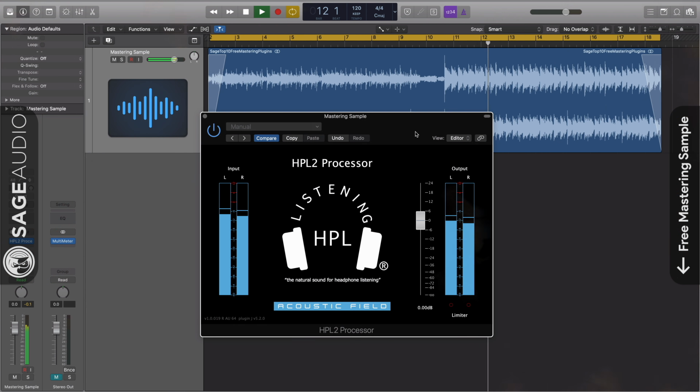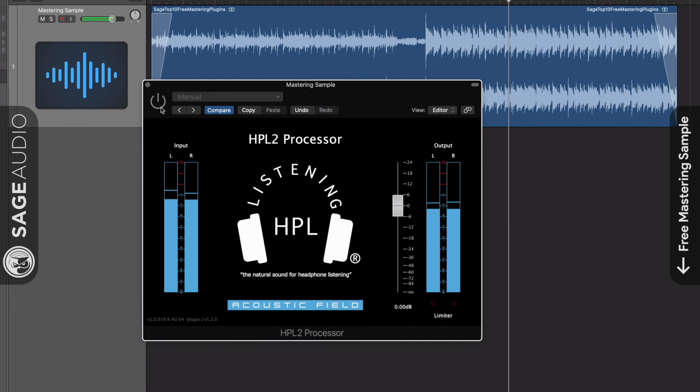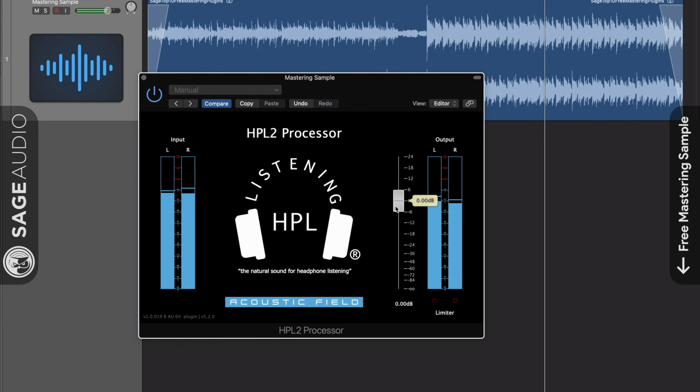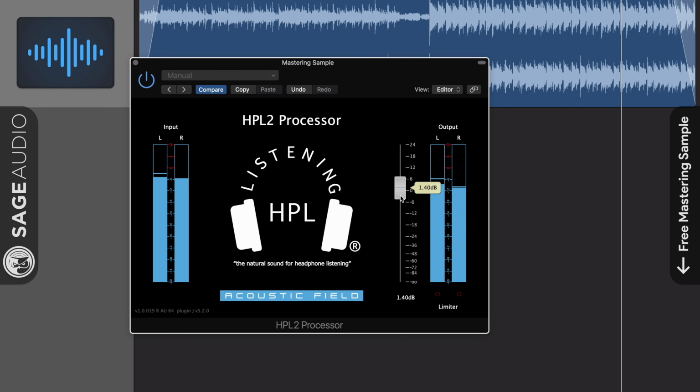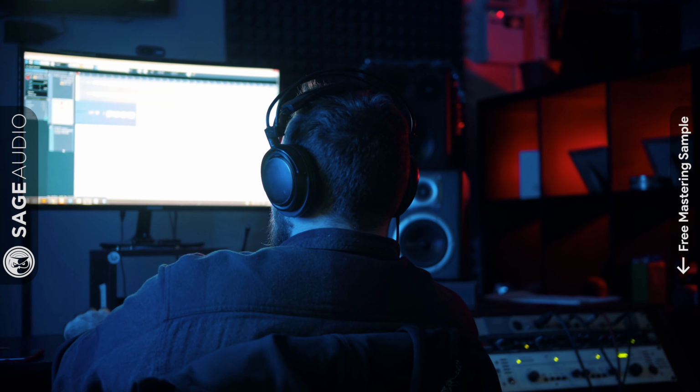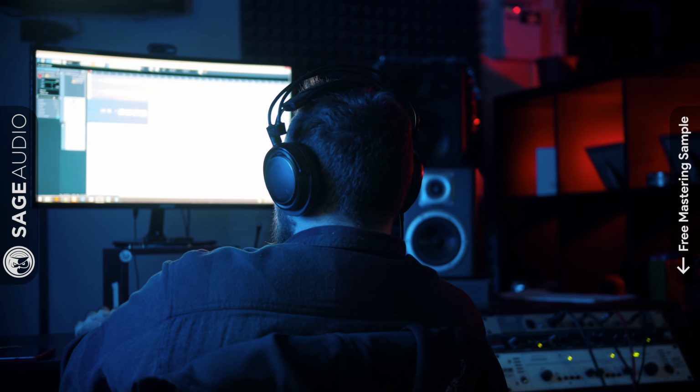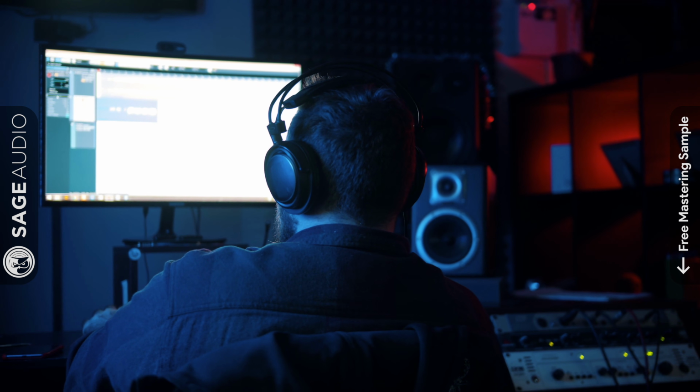A truly unique plugin and one that stands apart from any of the others on this list, the HP L2 processor converts any signal into a spacious and natural sounding one. Now designed to provide headphone users with a more realistic sound, the HP L2 processor gives headphone users an idea of what a mix or master might sound like over loudspeakers. Although the plugin doesn't completely provide listeners with an absolutely accurate depiction, it does give an engineer a new perspective